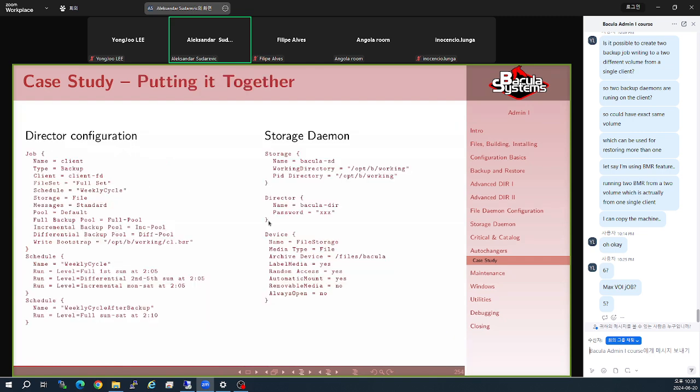So this is the approach. I create those 3 pools. I create one job. I create a schedule that says that full is run on the first Sunday of the month. On every other Sunday, differential is run, and incremental on all other days. Okay. And I create a storage definition and a device definition. And I'm executing those jobs. Okay? Nothing spectacular. Here, pools